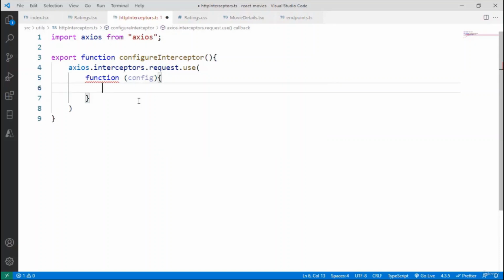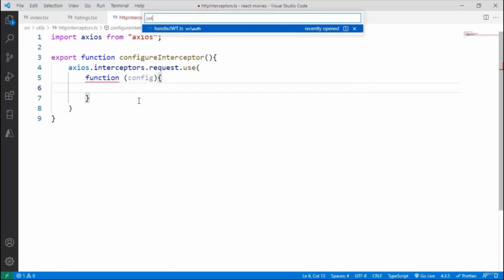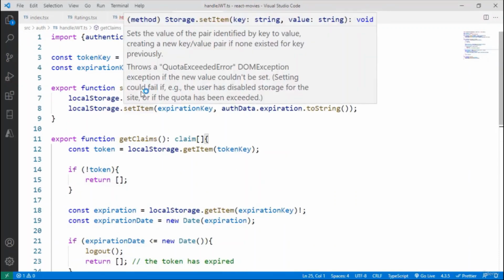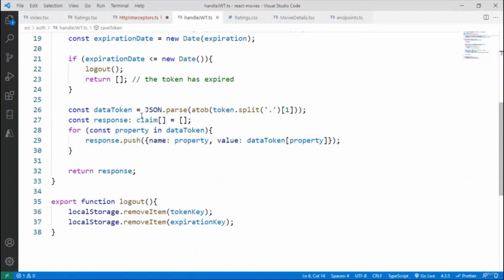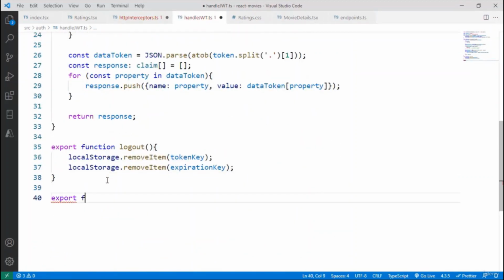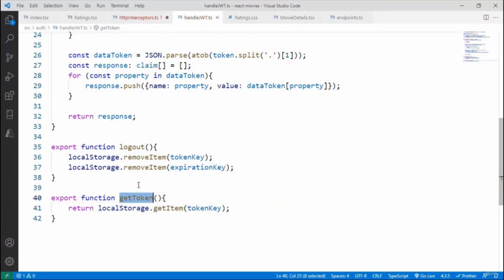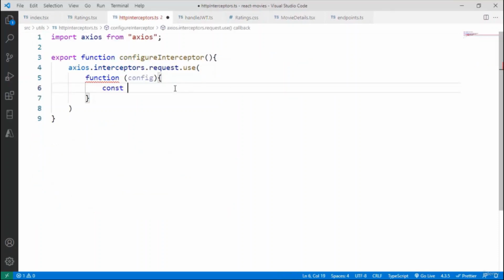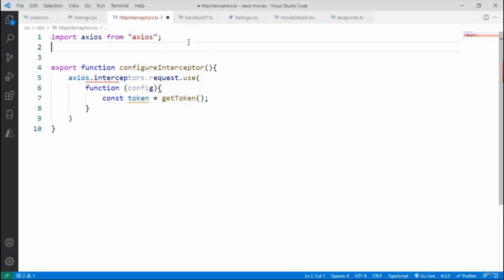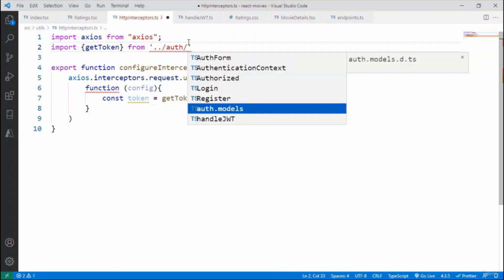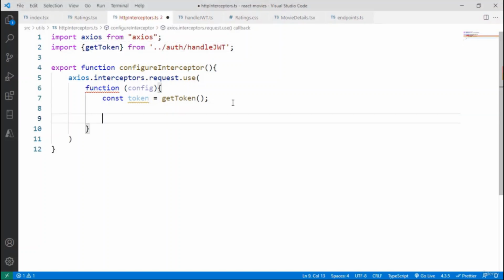and in here I want to retrieve that token, but in order to do that, I have to go to handleJWT and create a function that will return the token because we don't have that. So let me say here export function getToken, and I will just say return localStorage.getItem tokenKey. Now with this I'm getting the token. Now let's come here and I will say const token equal to getToken, and let me import that. So import getToken from, and let me go to auth, JWT, handleJWT,